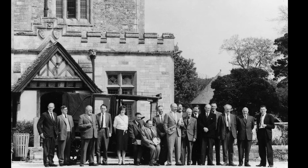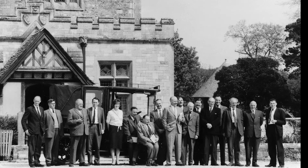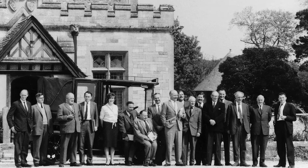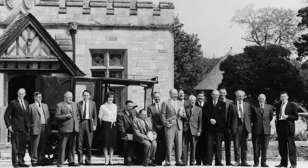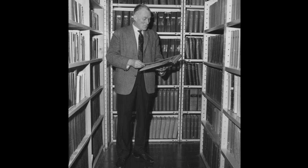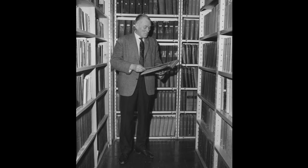The year 2021 marks the 60th anniversary of the opening of the Reference Library at the National Motor Museum Trust. It is the largest publicly accessible motoring library in Europe. Whilst the library may not be as well known as the cars and motorcycles on display in the museum, it supports and enhances our knowledge of the collection and makes a wealth of information on motoring history accessible for the